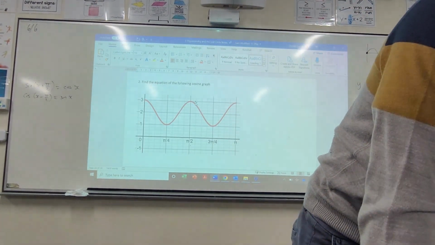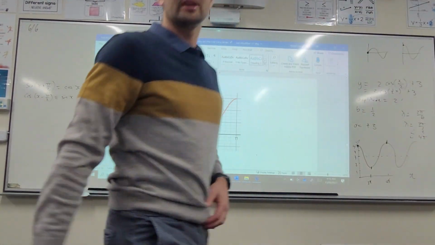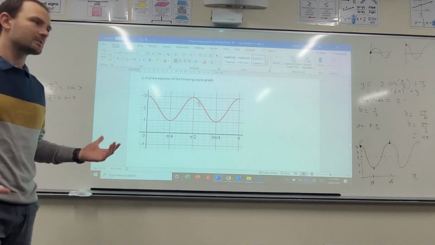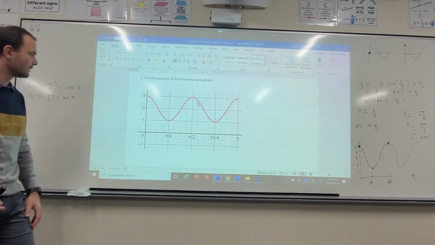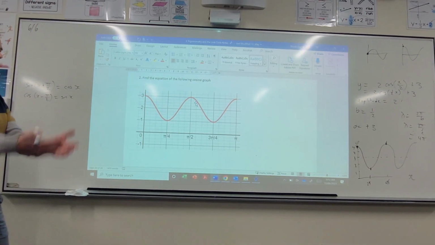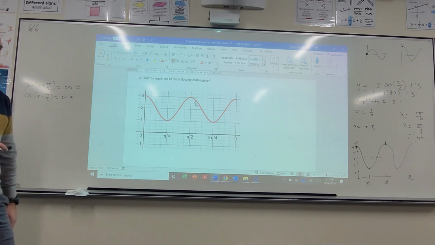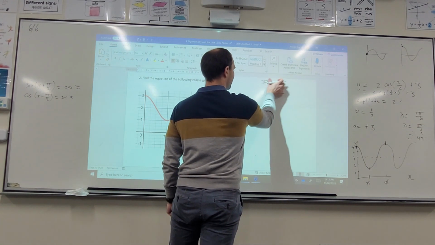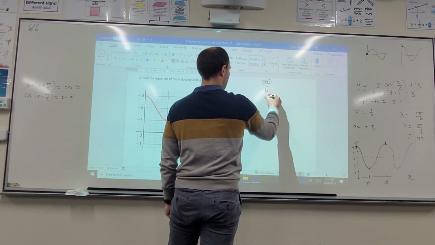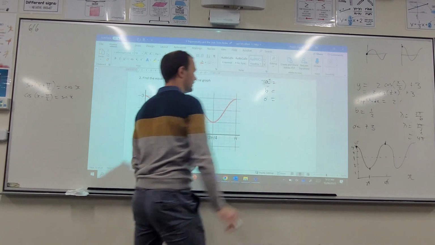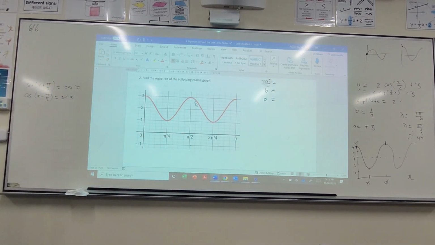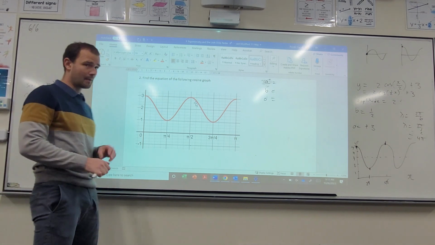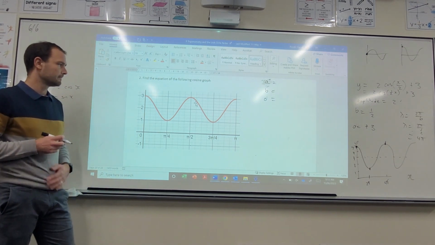We've got question 2. Find the equation of the following cosine graph. So now we're just doing the opposite, right? We're starting with the graph and going back to the equation. So the first thing we'll start with is the principal axes. All right, so remember we want to find these values, A, B, D. I'm saying we tend to ignore C. All right, so in your test you won't have C involved at all. They may pop up in the textbook, but won't be with C in the